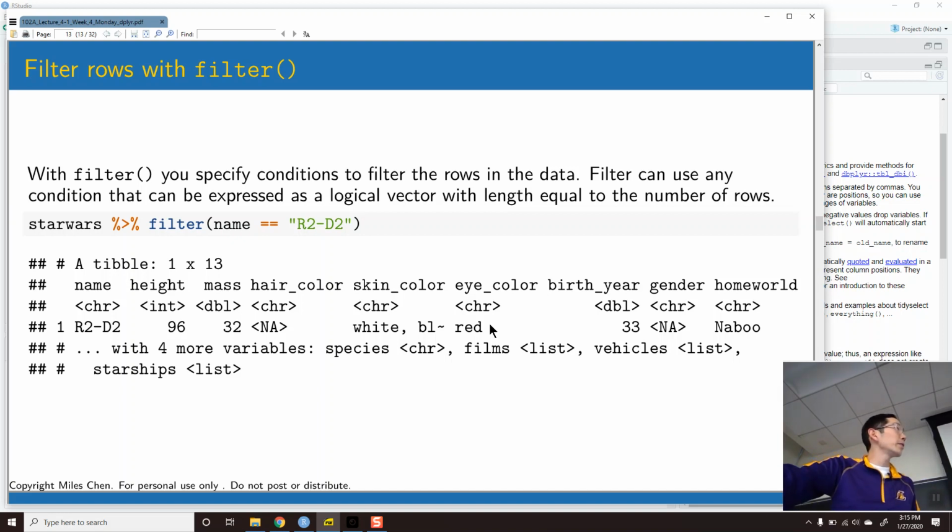We have the function filter. Filter will select rows. We filter down the rows or the cases to the ones that we match. Filter is going to work anytime you've got a logical vector with a length equal to the number of rows. So in our original data set, we have 87. And if you have a length 87 logical vector, you can throw that into filter,